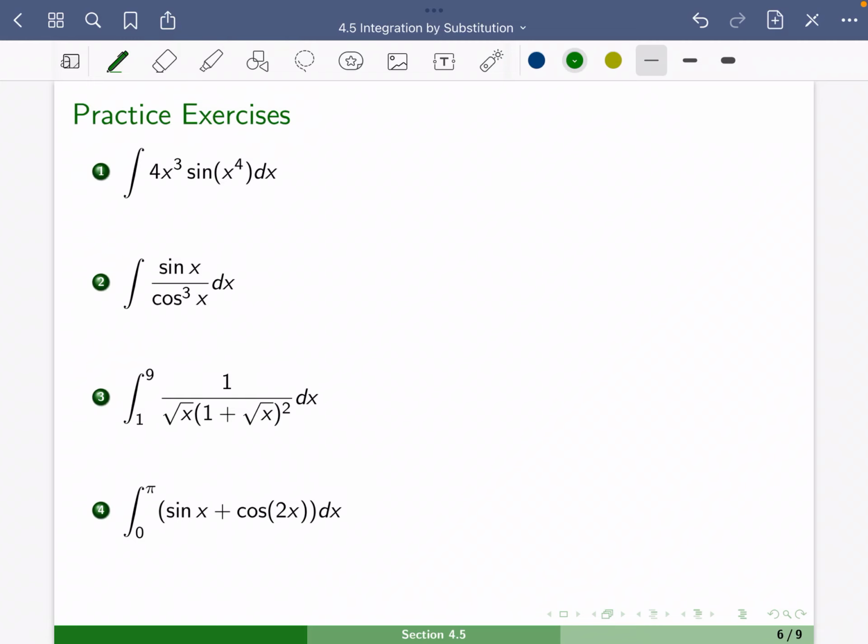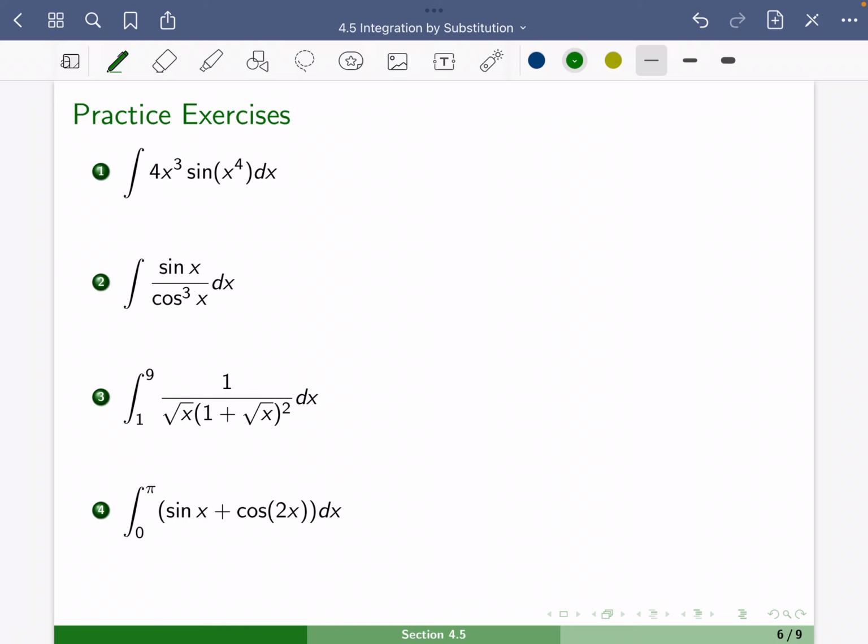In this video, we are going to take a look at some more examples of integration by substitution. So let's jump right into this first one. Here we have the integral of 4x cubed times sine of x to the fourth dx. First thing I would ask myself is, can I integrate that directly? And the answer for me is, I don't see how to integrate that directly without doing a little bit other